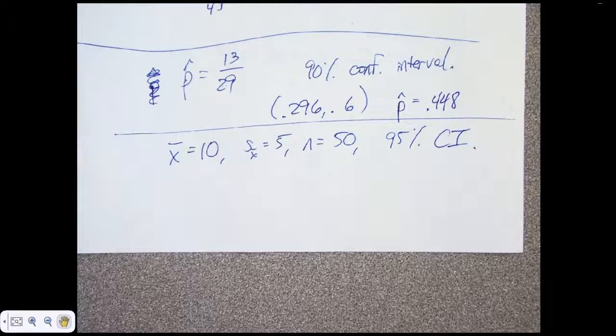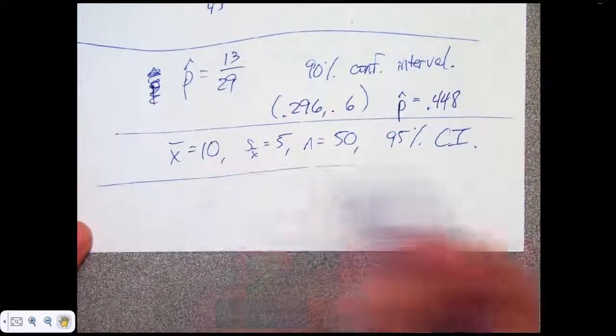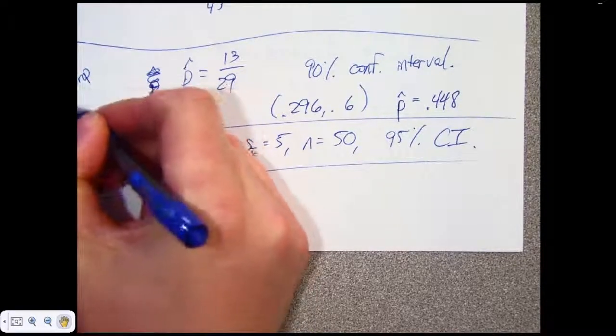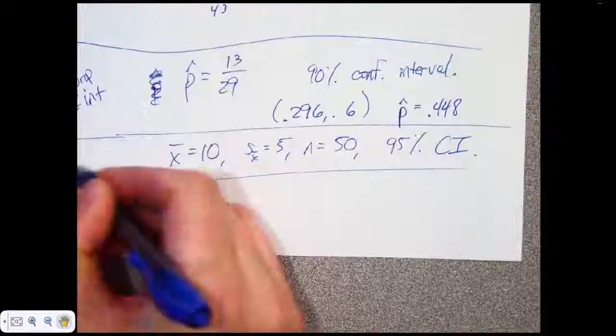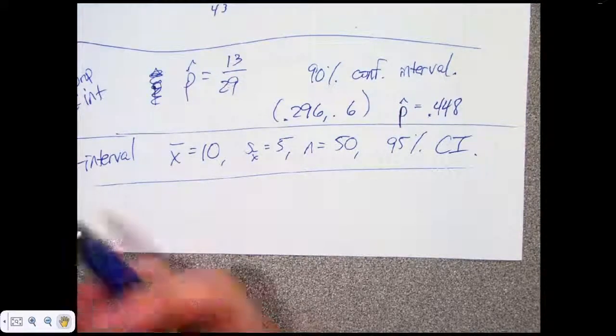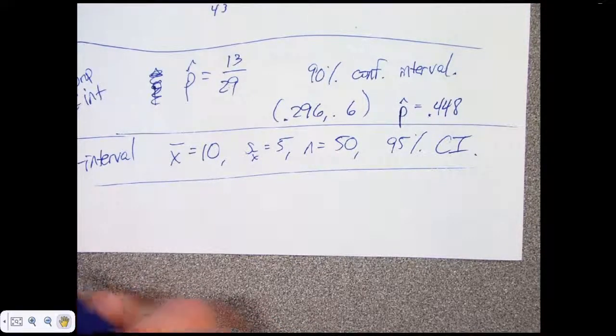So this is the first time I'm going to do this. Every problem you get from now on is basically either means or proportions. So this one here, it's means, I went back on you, right? So you've got to be aware on every one of them, which one is it? This is a 1 prop Z interval. But this one is a T interval. They're not going to section off the AP test, like this page is all Z intervals and this page is all T intervals. It's going to be all mixed up and you've got to get in the habit of looking for which one's which.